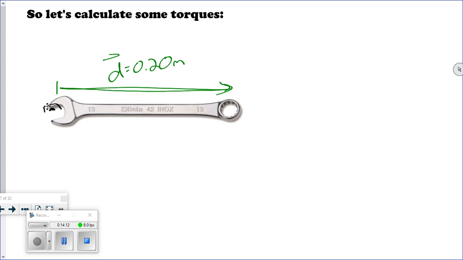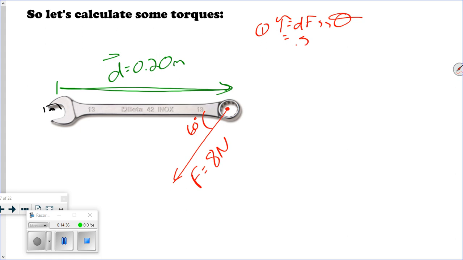All right, so let's do this. Let's have a force applied this way. Let's keep our force at... no, it wasn't 0.8, sorry. Our force was 8 newtons. All right, and so let's make this angle in here be 60 degrees. Okay, so option 1 would be torque equals dF sine theta. So our d is... no it isn't. 0.2 meters times our force, 8 newtons, times the sine of the angle between the two vectors, which here